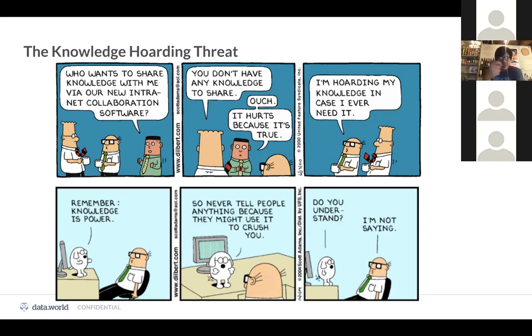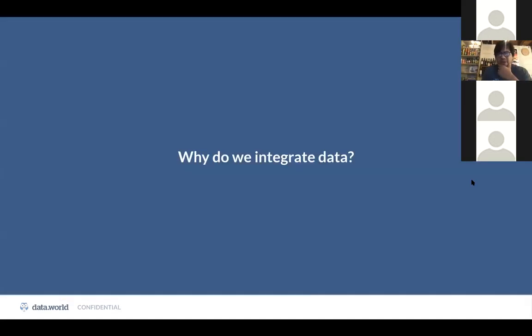Imagine you have a magic wand, and you have the perfect tools to do this, but you still need the people to confirm what these things actually mean. And they feel threatened: oh wait, everybody comes to me for help, and you want to democratize data and make things self-service, which means you don't want me to do my job. So the people who have all this important knowledge in their heads don't want to share it. This is one of the big social aspects, the psychological aspects actually. This is what I call the knowledge hoarding threat.